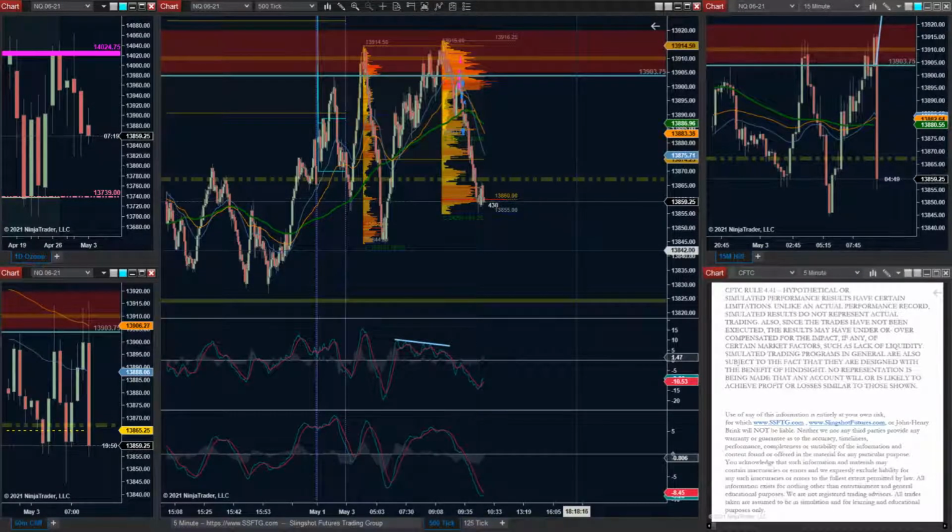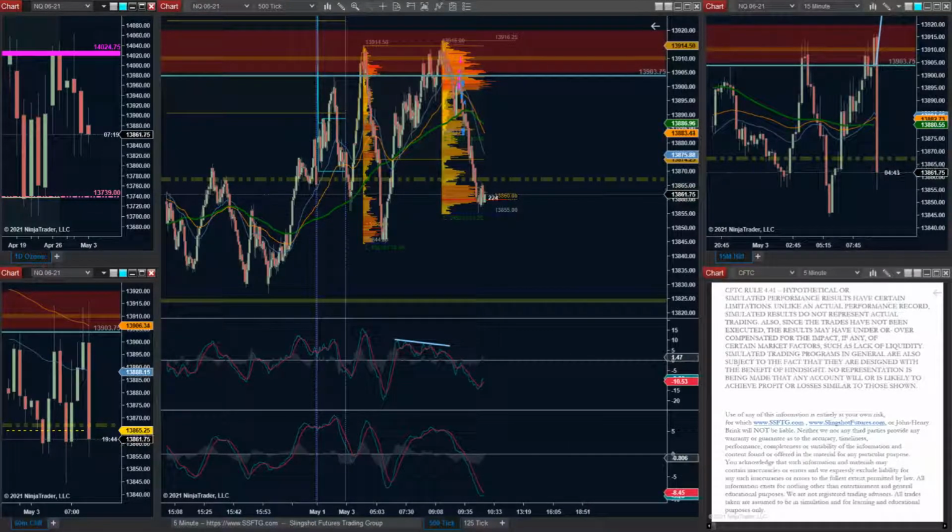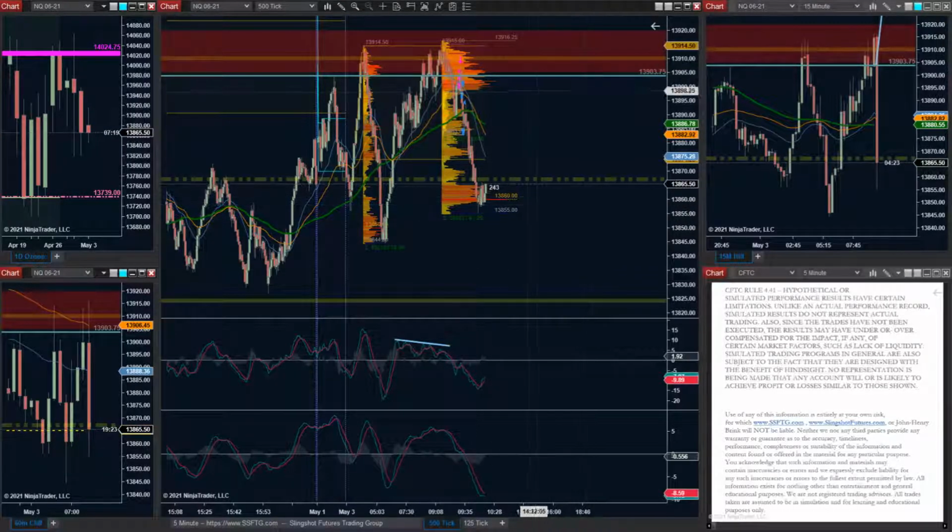Bottom-weighted POC. Uh-oh. 13,860s, bottom-weighted POC. Shorts on the put side, if they were taking those options to the downside, are going to be lightening the load a little bit more if they can't get back below that 860s. If they are still short, it's got to get back below the 860s. Break-evens for the majority of them, given time decay. I mean, it's Monday, so there shouldn't be a whole lot of it. It's going to be back at like the 90s, 95s. But I think the majority of shorts have exited their positions.